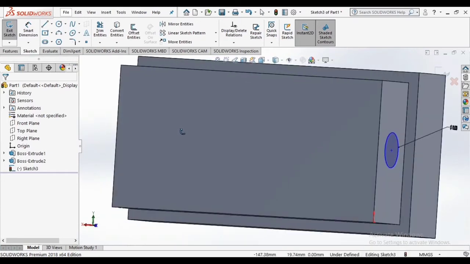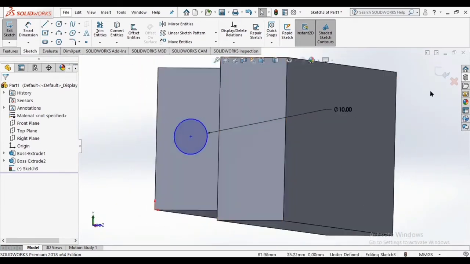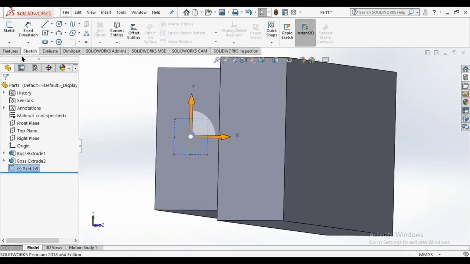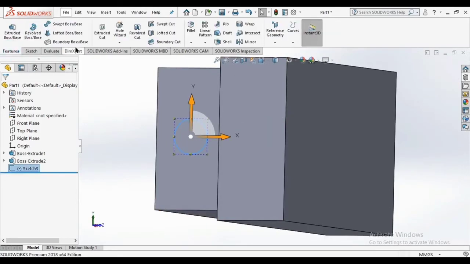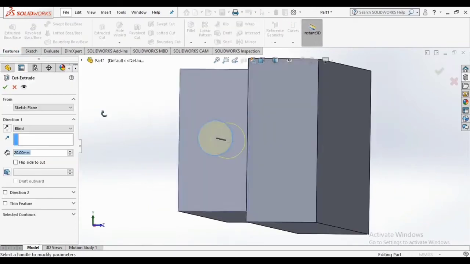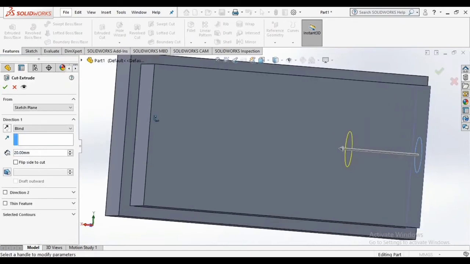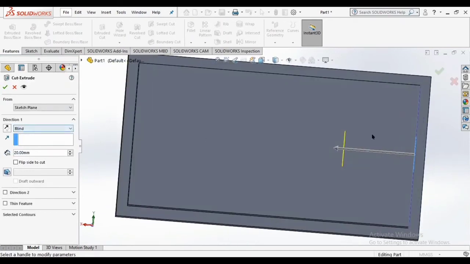but it's not extruded. So for that we have to exit the sketch, go to features, and go to the extruded cut feature. If you know the dimension, you write 80, because we had given 80 millimeter length to our previous circle.